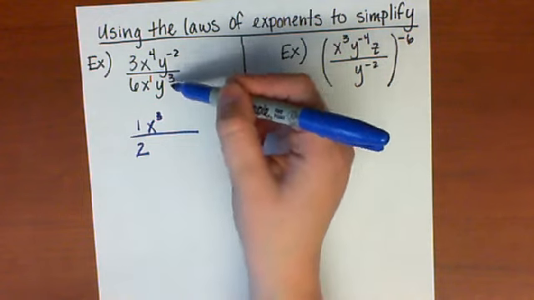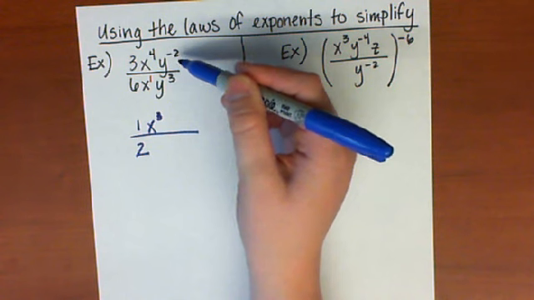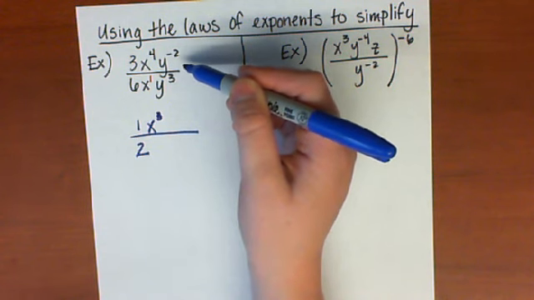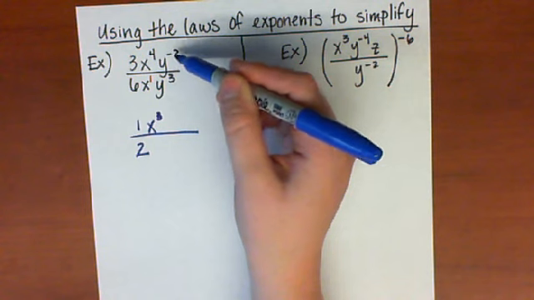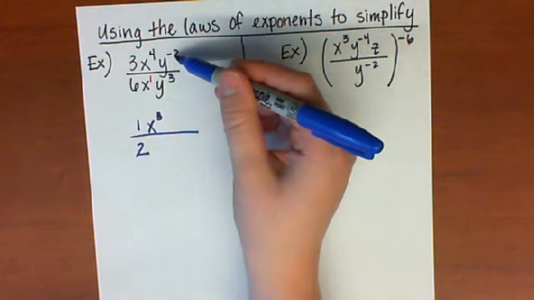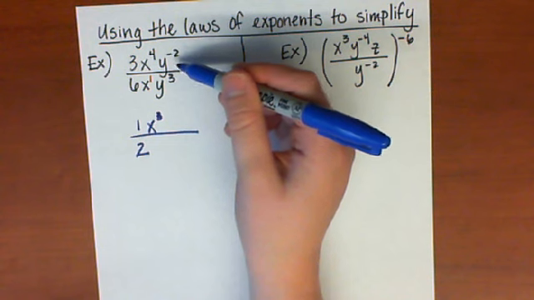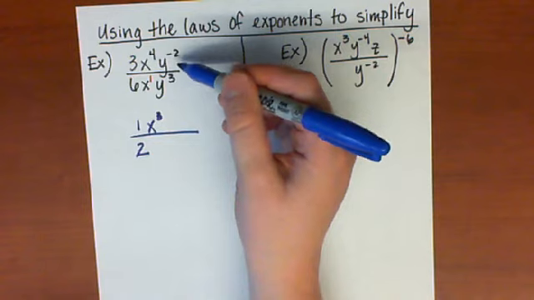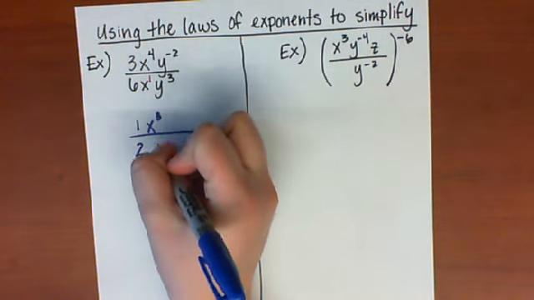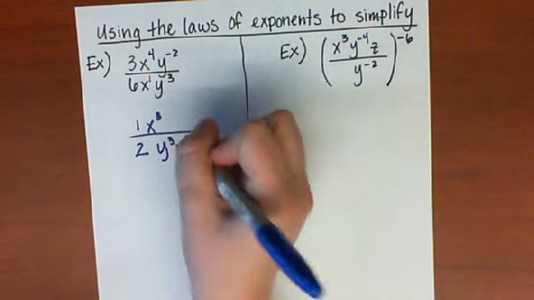Now I'm going to take a look at the y's. And I notice something here with the y's, I have a negative exponent. Now there's several different ways that you can deal with this. I'm going to choose to move this down into the denominator. Whenever you have a negative exponent, you're going to get rid of that negative exponent. You're going to either move it into the bottom if it's already in the top, or move it into the top if it's already in the bottom. So this one's already in the top, so I'm simply going to move it down to the bottom. So then I would have y cubed from right here, and then I would have y squared.